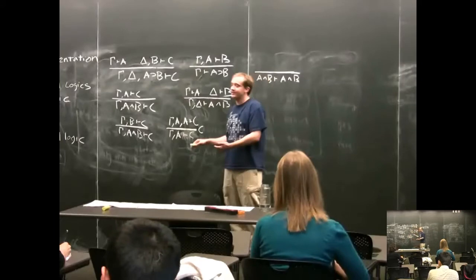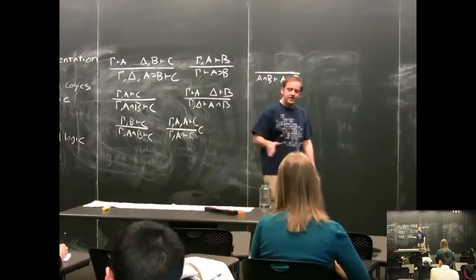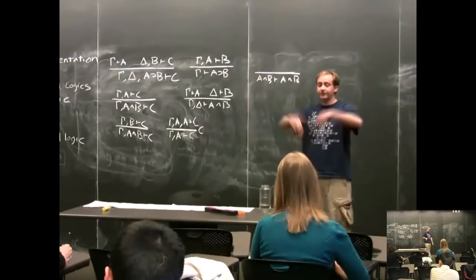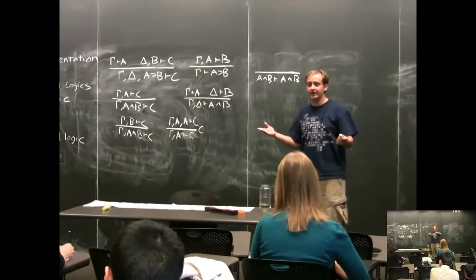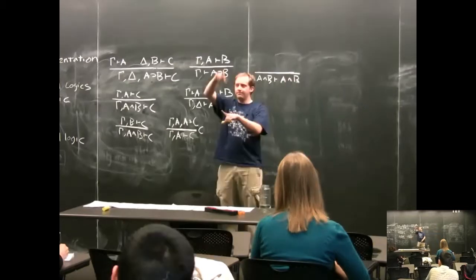That's reading it from bottom up. A way of reading it from top down is to say that if I have 2 of a thing that I use to prove C, then all I need is 1 of them. If you think about this in terms of the persistent, the replicated resources in the process interpretation, what this is saying is if I have a